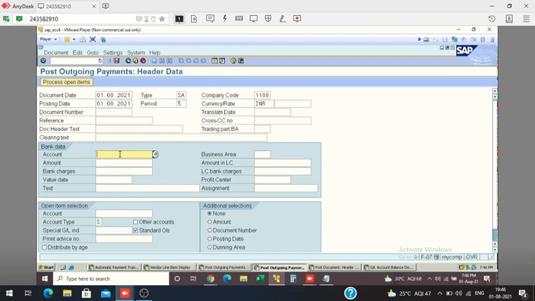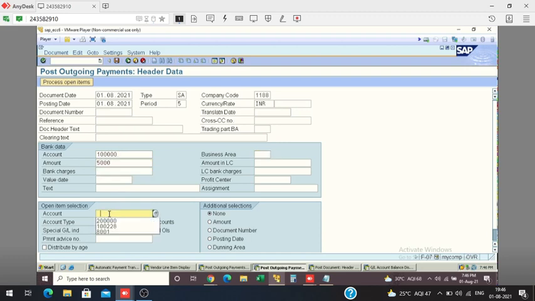What is partial, what is residual, and what is your standard payment. So now I have the 10,001 rupees line item. Now I have to pay 5,000 only. Okay, so I'm putting 5,000 here. I have to do partial payment now.